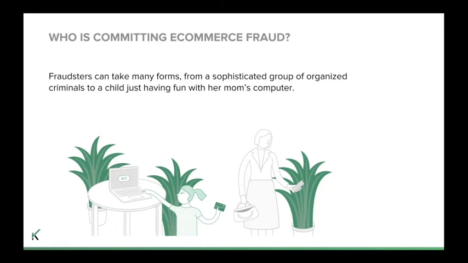What they found was that this was a 16-year-old high school student who was buying stolen credit cards on the dark web, ripping them off, taking their game console, and basically selling it on things like Craigslist. So when you look at who is committing e-commerce fraud, fraudsters can take many forms, whether that's a sophisticated group of organized criminals, or it could just be a 16-year-old kid, your next door neighbor. The difficult part is identifying the patterns that will most likely lead to a chargeback from a merchant perspective, and blocking that transaction from being approved.